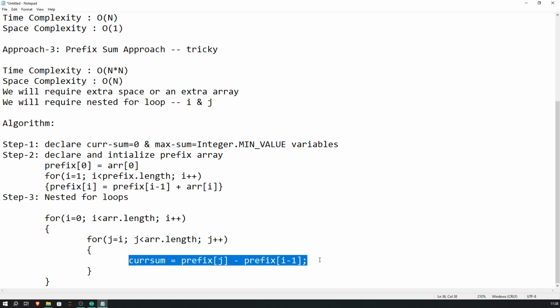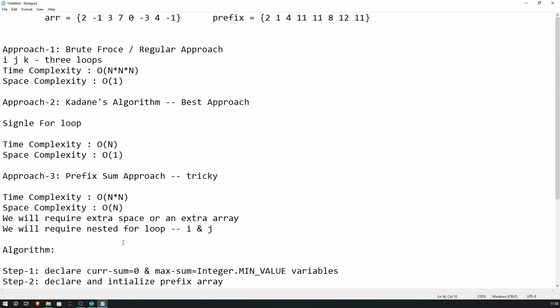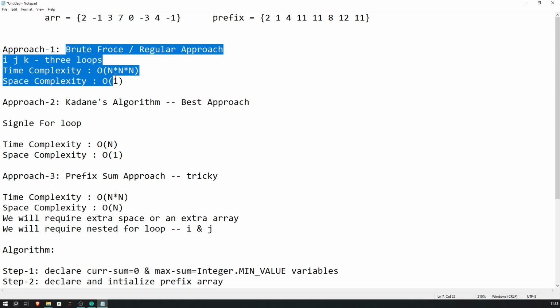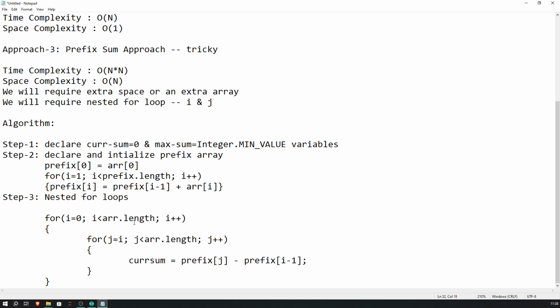एकदम ध्यान से फोकस के साथ सुनना। ओके, what is I and what is j in this? ठीक है, अगर तुमको मेरी पुरानी वीडियो याद है, in which we discuss this regular brute force approach, if you remember this video, we were having three loops, correct, I, j and k. ओके, अब इसमें क्या है, सिर्फ I, j है और थर्ड जो हमारा k वाला लूप है, वो गायब हो गया है। वो k वाले लूप की जगह बेसिकली ये स्टेटमेंट आई है। So if this statement is replacing k loop,